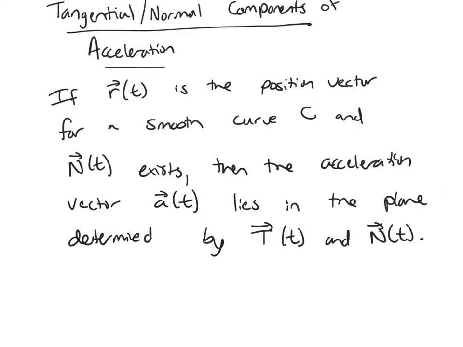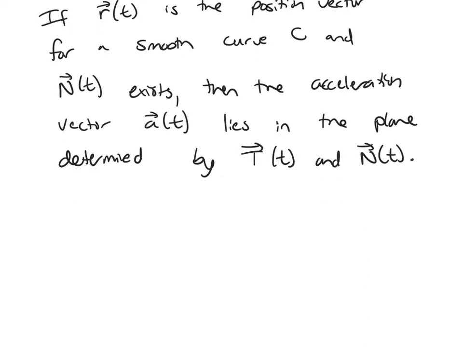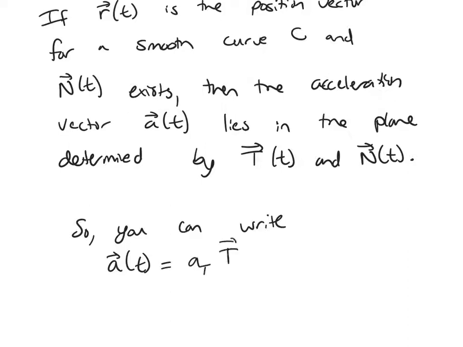And so basically what this means, we can write the vector A, we can break it up into two pieces, a sub t plus a sub n,